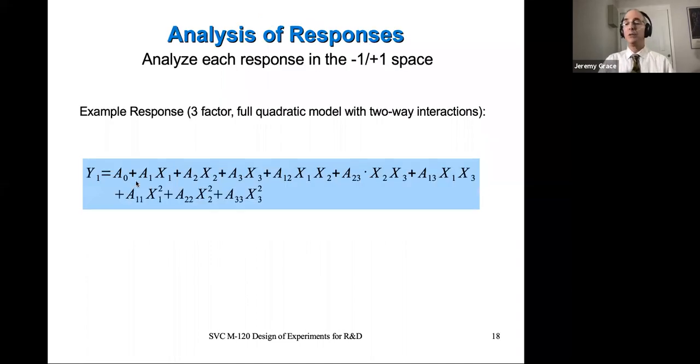And when you do that, you get your responses measured, you go back to the +1 -1 space, and you fit that response to this model, in this case, a 3-factor full quadratic model. Notice there's an average value. There are 3 main effects in the +1 -1 space. There's A1 times x1, A2 times x2, A3 times x3. There are 3 pairwise interactions, and then there are 3 quadratic terms. So 10 coefficients in all,